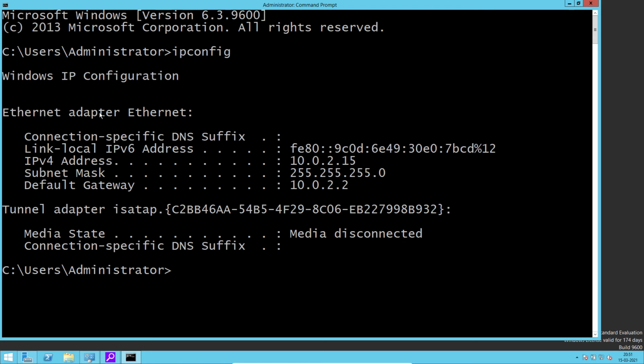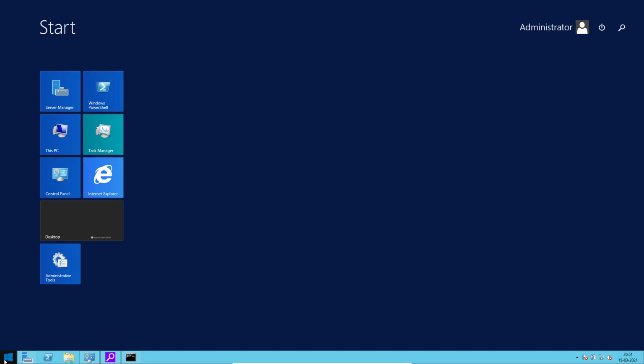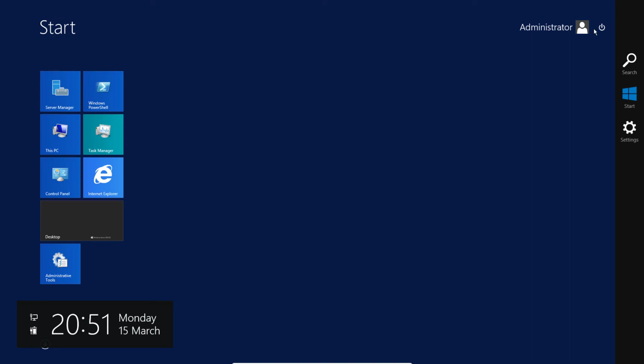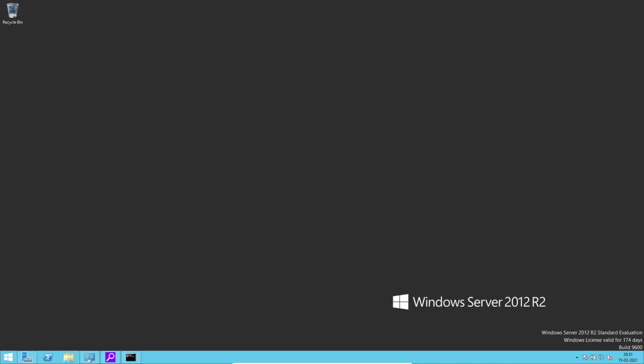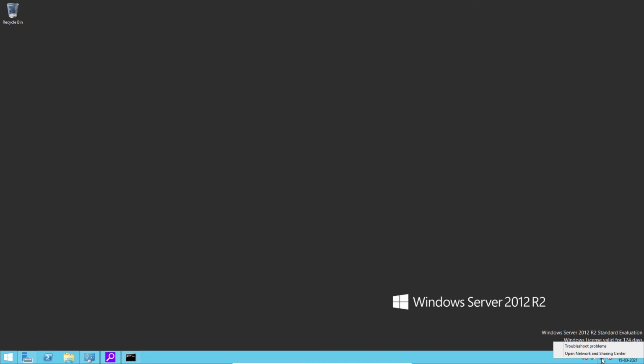See here, Ethernet adapter. It may be possible that you might be having Ethernet adapter 1 or 2. Let me show you how to check that. You have to go here. Okay. Then, you have to go to this icon here.